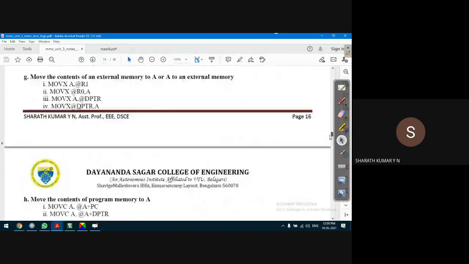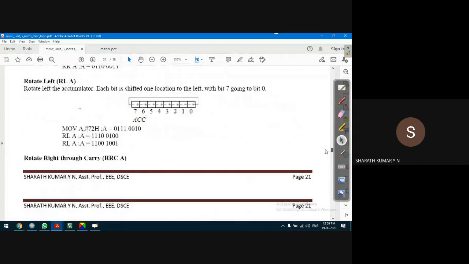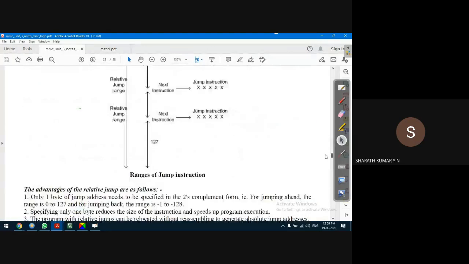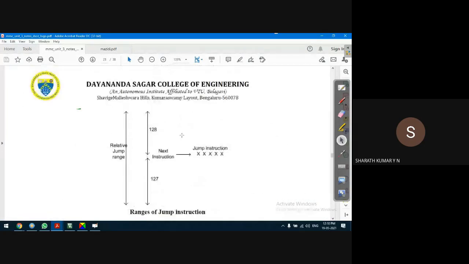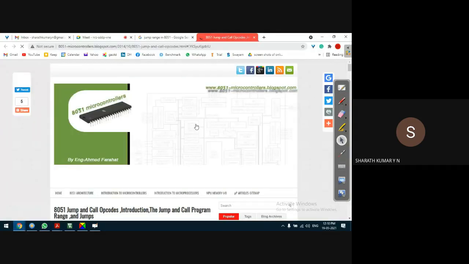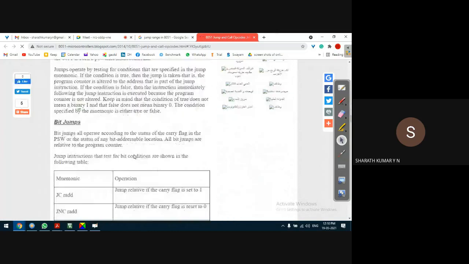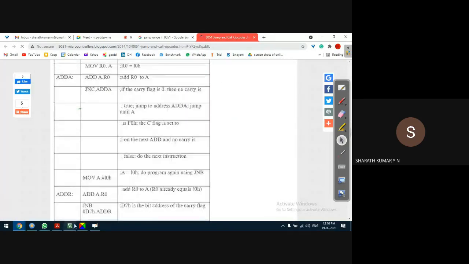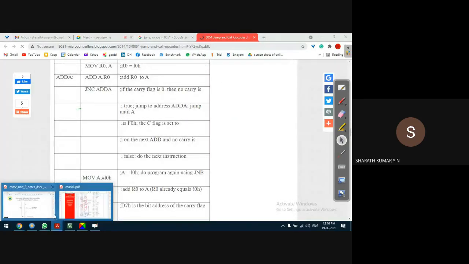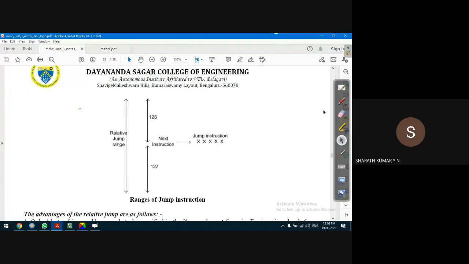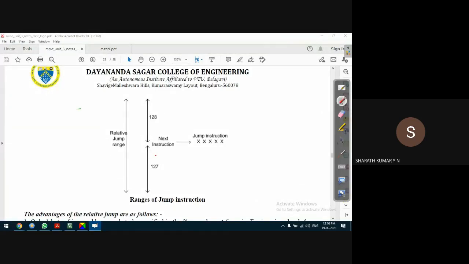I'll check in this document if it's available. Oh yes, so here it is somewhere. It's here only. This is also a detailed one. What we find in this image is also detailed. No issues. I don't have much time, so for timing, I'll discuss from here. Let's see something like this. Why is it 127 on one side and 128 on the other side?